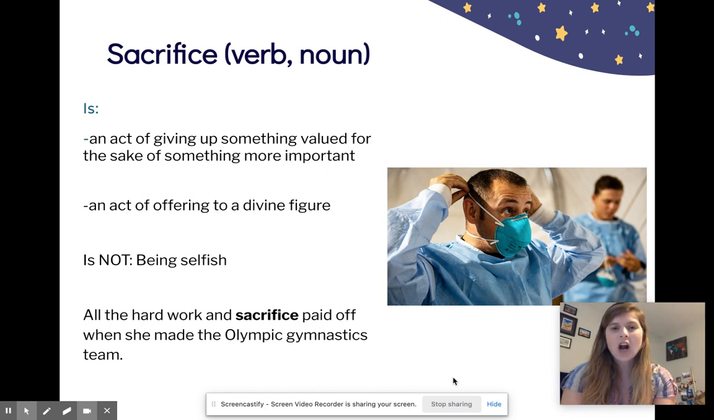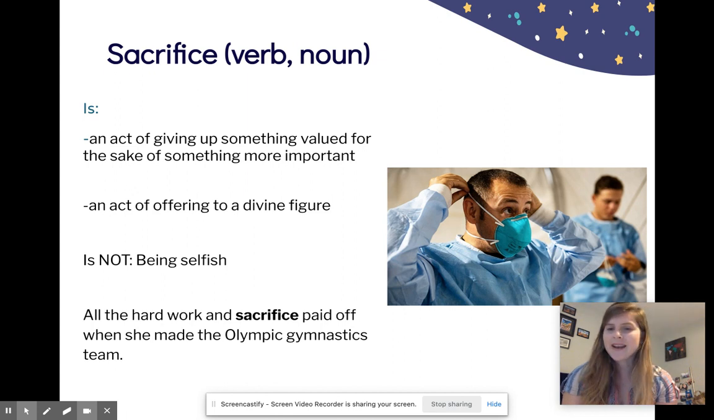All right. Our next word is sacrifice. Sacrifice can actually be a verb or a noun because it does have 2 definitions. So, sacrifice can be an act of giving up something valued for the sake of something more important. That is kind of a complicated idea, right? So, maybe this could be